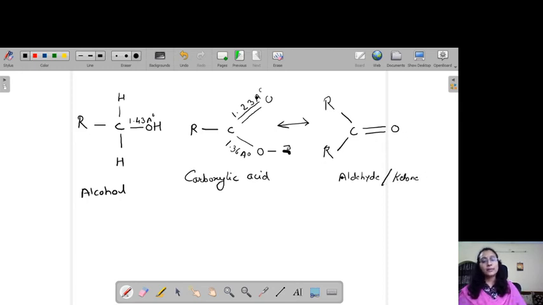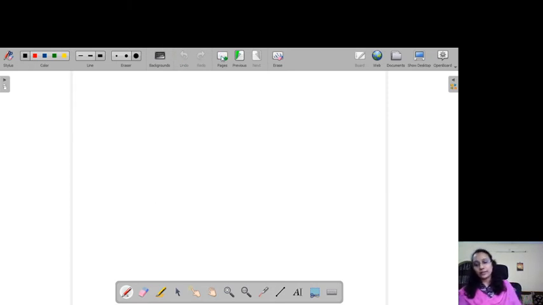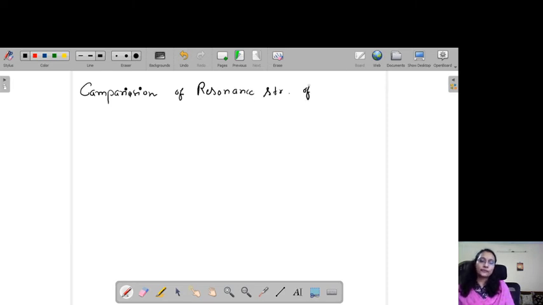Okay, the carbon oxygen double bond length is around 1.20 angstrom. Okay, this we have discussed right now. Okay, the next point I would like to continue with the comparison. Comparison of what? Comparison of resonance structures of carbonyl group